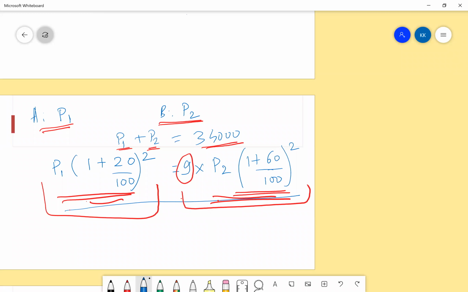After solving, I get one is 2000 and the other one is 32. Yes. And what is being asked in the final part of the question? What is the final line of the question? What is being asked? You have to find out the B amount. And what did you answer? You answered the A part.